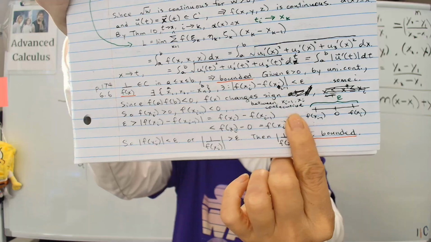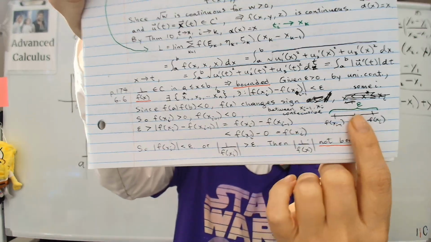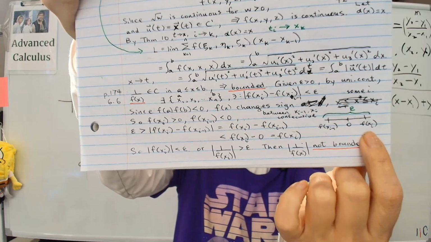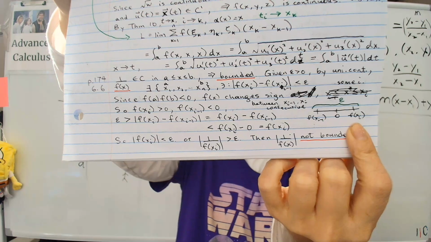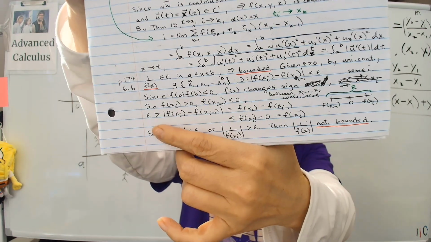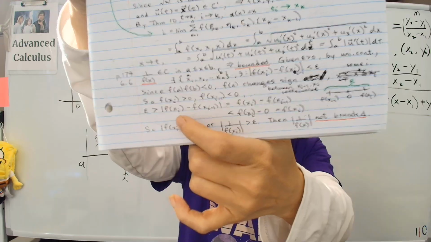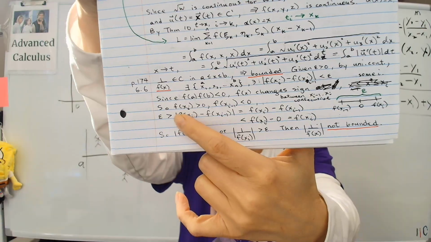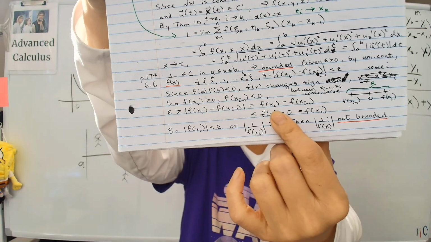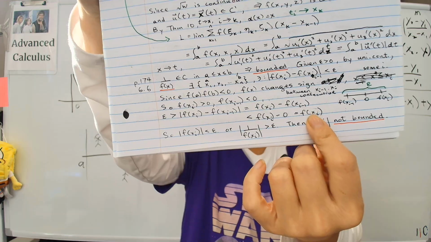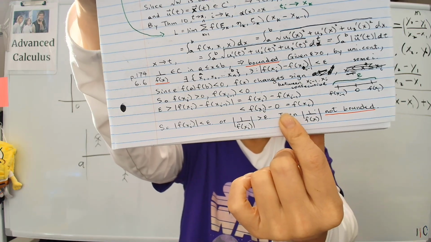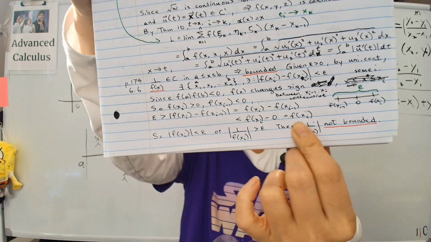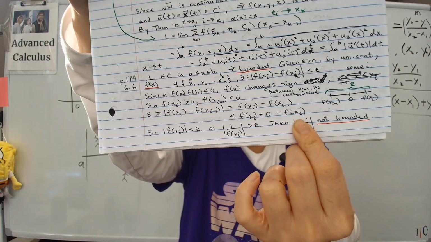So if it changes sign, like right here, there's epsilon, and here's f(xi minus 1), and then it changed sign to f(xi). From i minus 1 to i, its sign got changed. So then epsilon is going to be bigger than the difference, because that's what we presumed, and that is xi minus xi minus 1, which is less than xi minus 0, and that is f(xi), and that means that